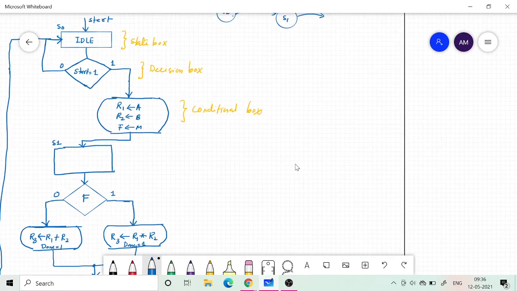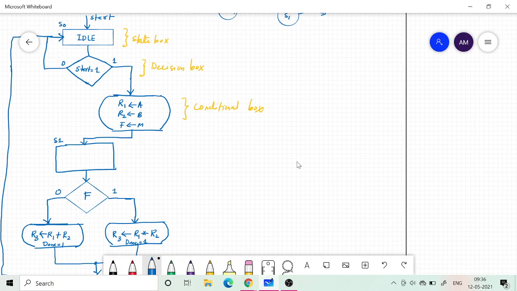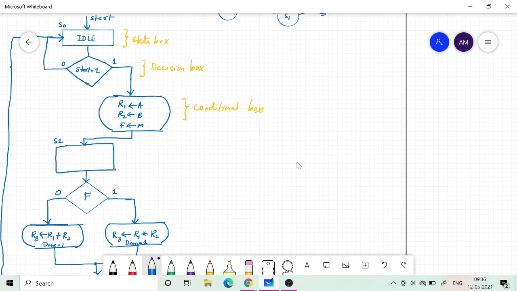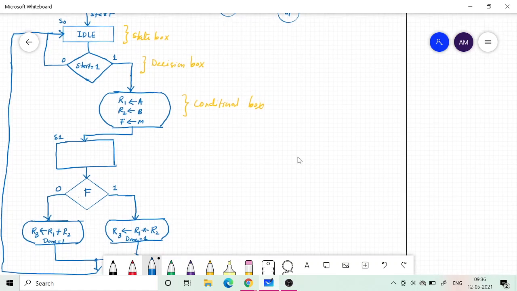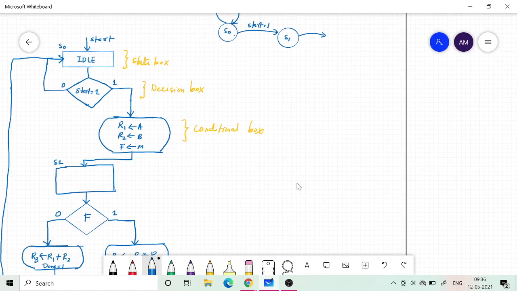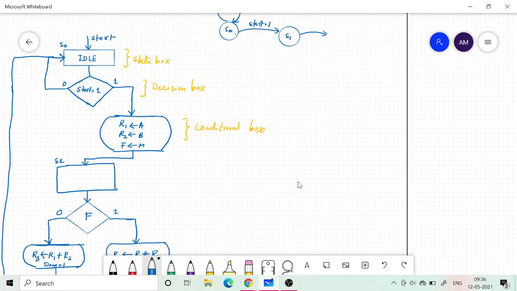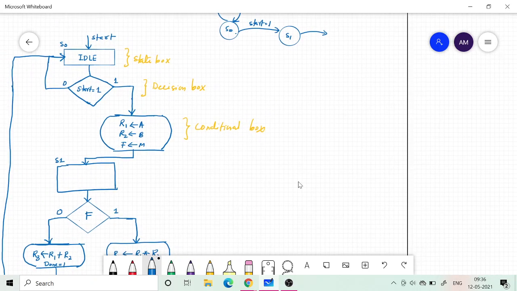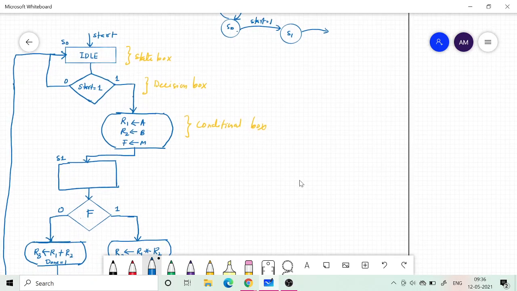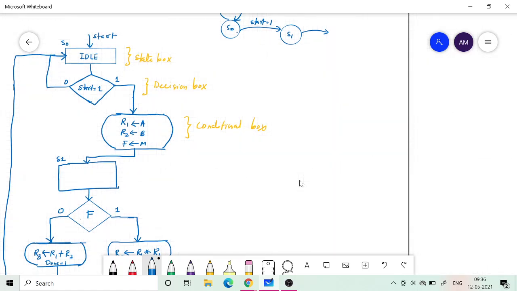If I am in my S1 state, depending upon F equal to 0 or F equal to 1, I go to S0.